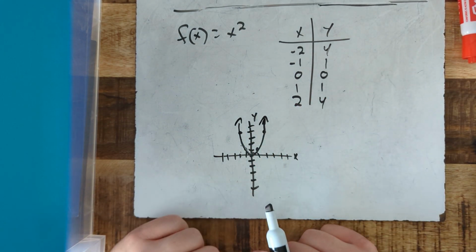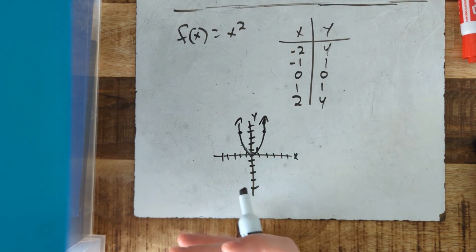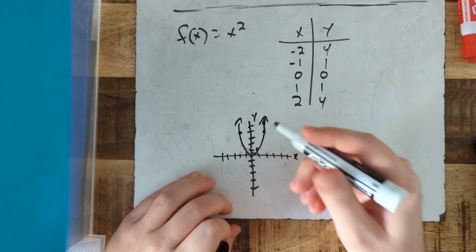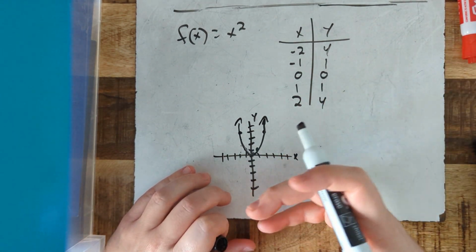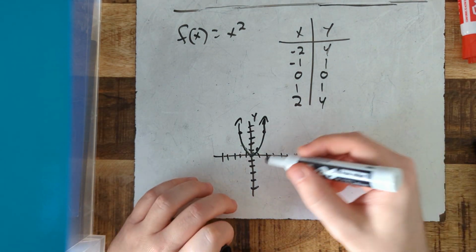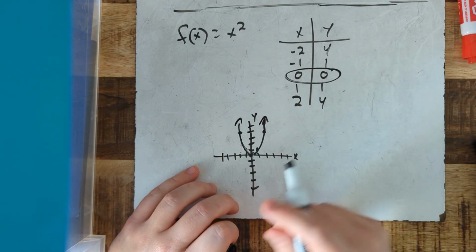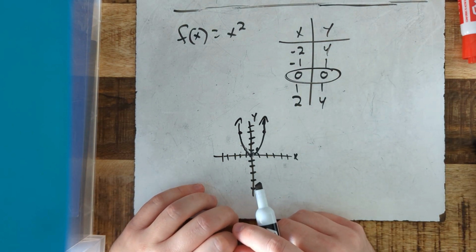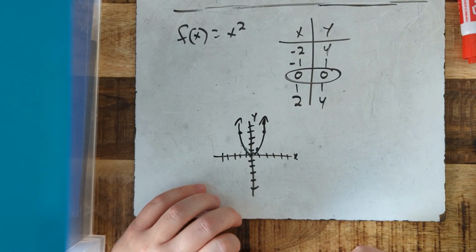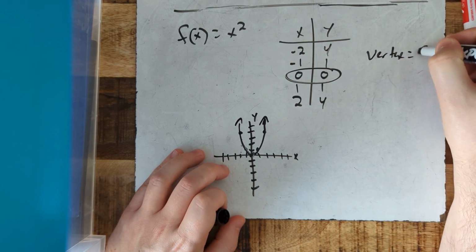Just like that. So a very simple basic graph. You can see it opens up. It is what it is there. So now when we look at this, our vertex is our highest or lowest point on the graph, depending if our graph is opening upwards or downwards. So in this case, our vertex, our lowest point, is at 0, 0. That's our vertex. Okay, so that's the lowest point of our graph. That's where it goes down and goes back up again. Okay, so if you want to write this down, you can say vertex equals 0,